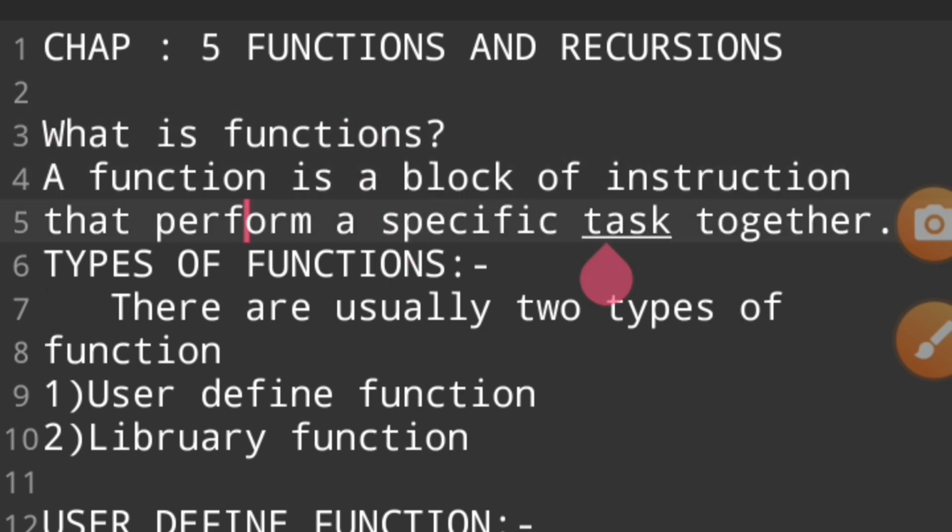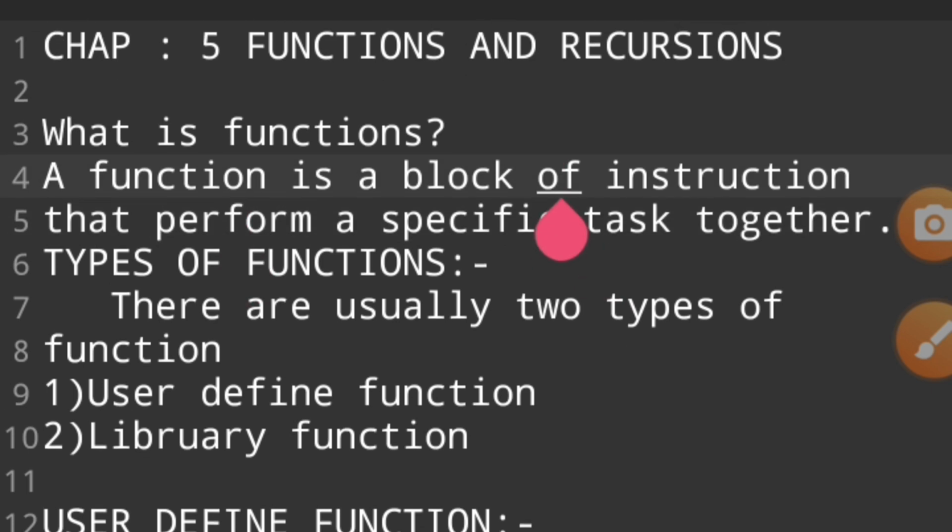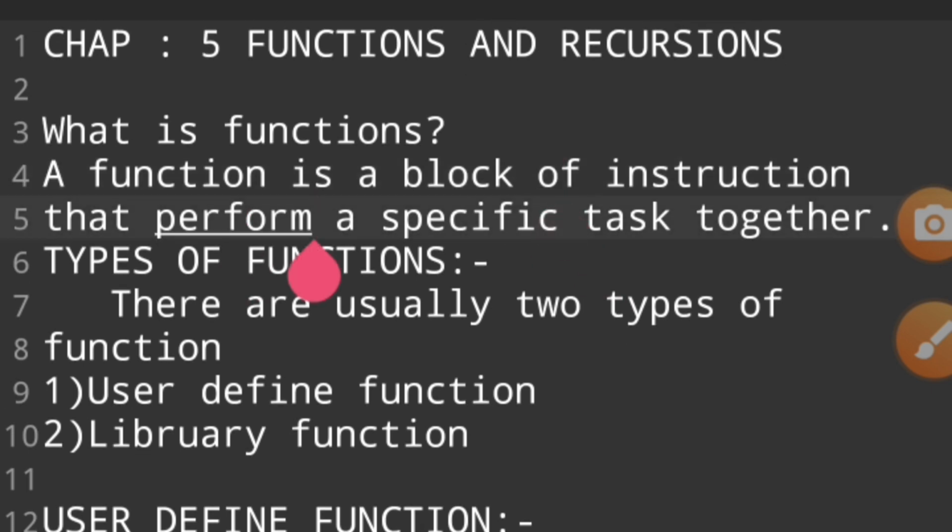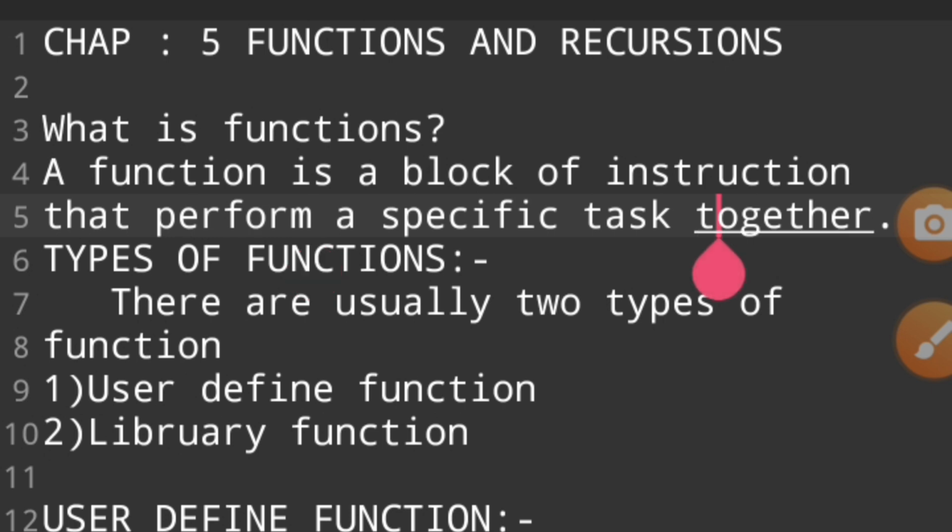In simple words, a function is a block of instructions that performs a specific task together. A function is simply a block of instructions, meaning a lot of instructions, that performs a specific task, which is capable of performing any simple or specific task according to us.